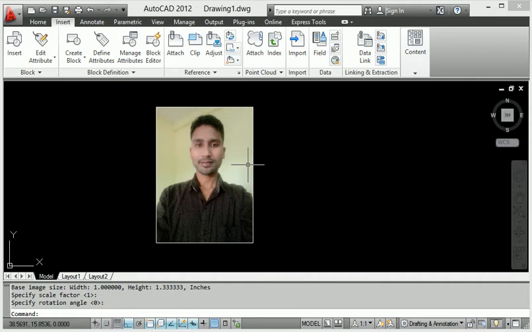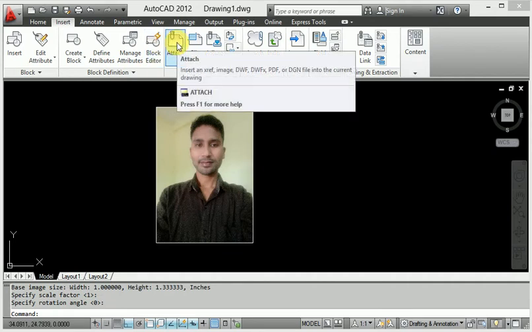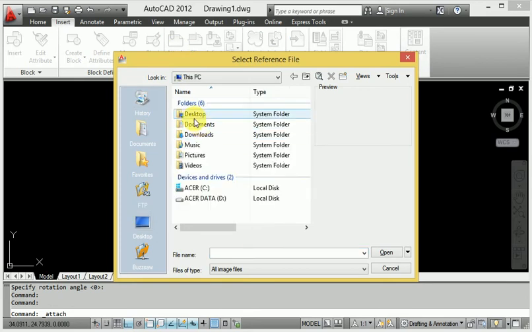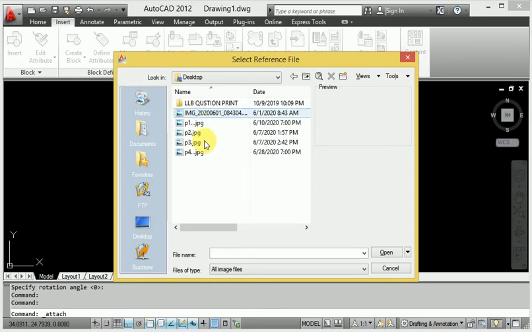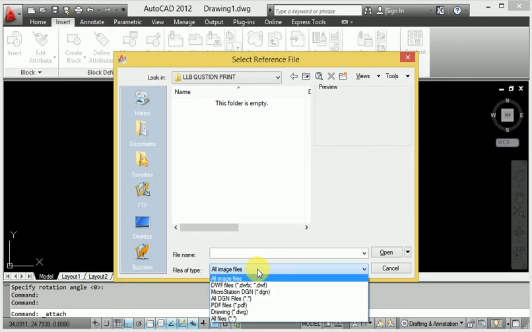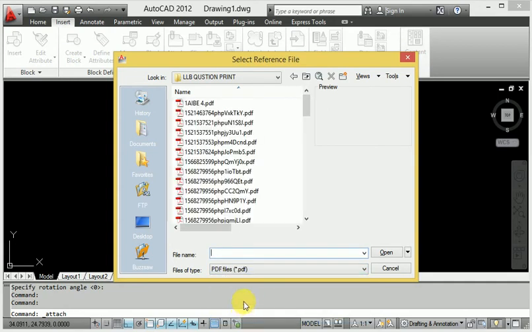In the AutoCAD background, if I want to select PDF form in AutoCAD insert, it goes here. Look at this PDF file.